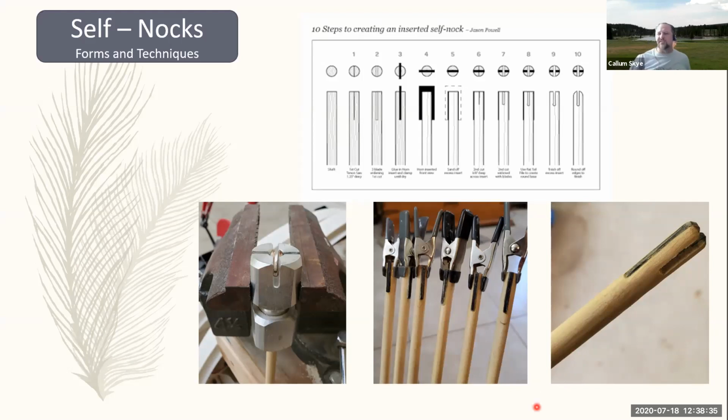Do you have any questions on Callum, knocks? When you round off the tips there at the last stage, is that just for aesthetics or comfort, or is it period? Yeah, so I don't know from a period standpoint,